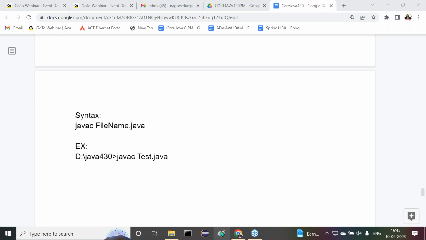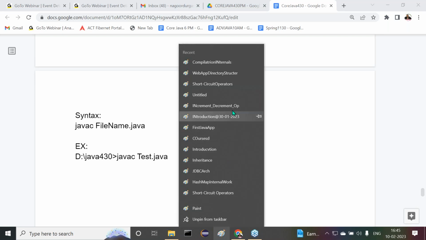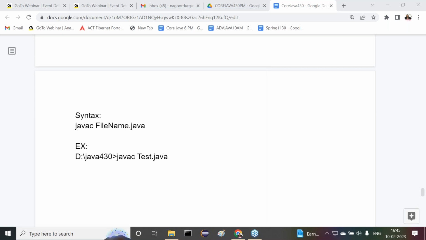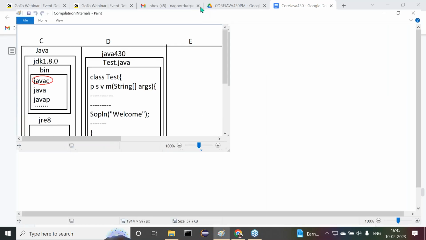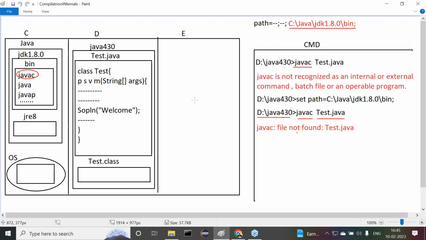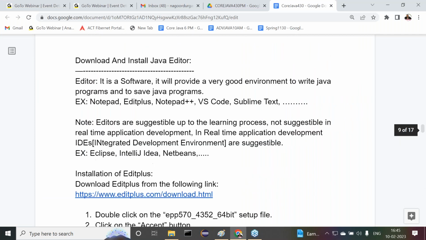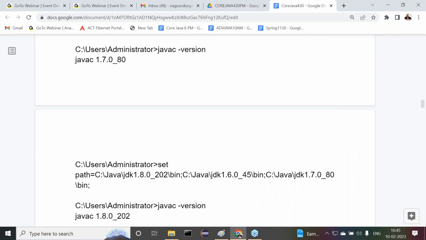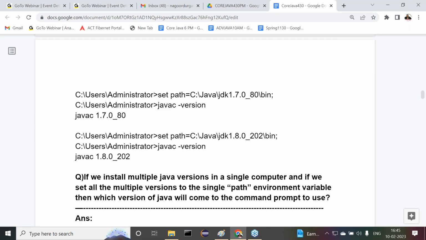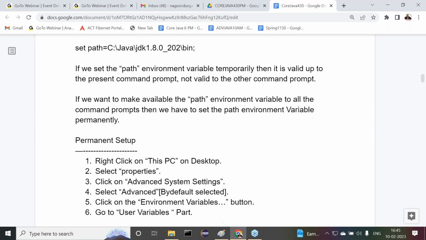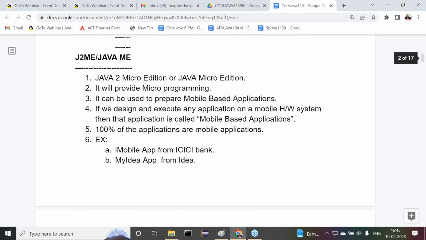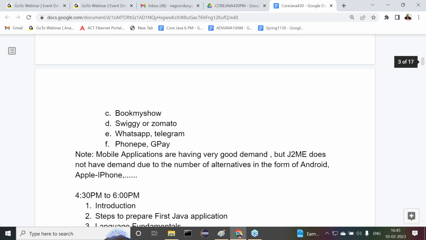In steps to prepare first Java program, how many steps are available? Nearly 6 steps exist. What are the 6 steps that we already started? First one is download and install Java software. The very first one is what? Download and install Java software. And the second one is to download and install